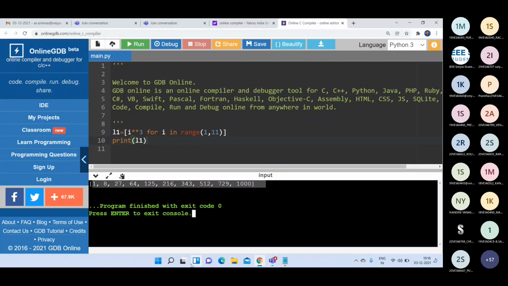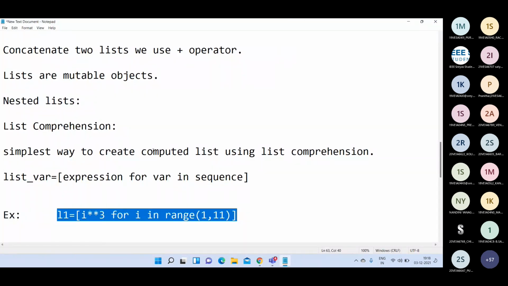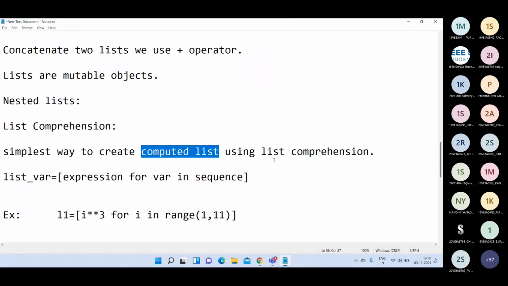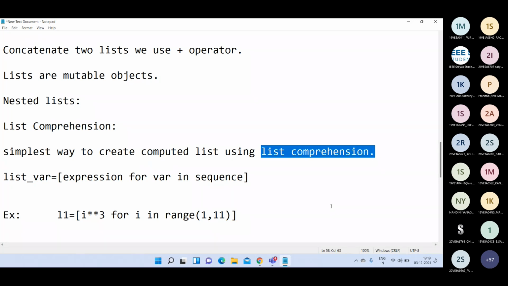Like that you can write list comprehensions. Whenever you want to compute values like this and store them in a list, only then you can go for list comprehension. That's why I told you to create computed lists using list comprehension. Within a single line we can create a list here.